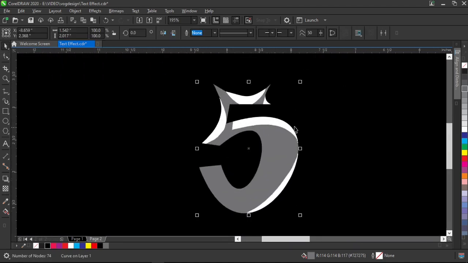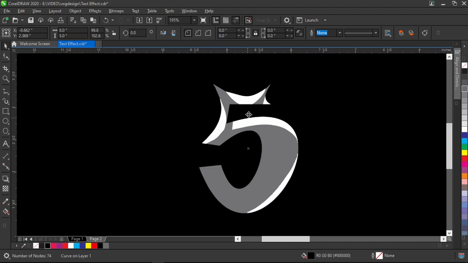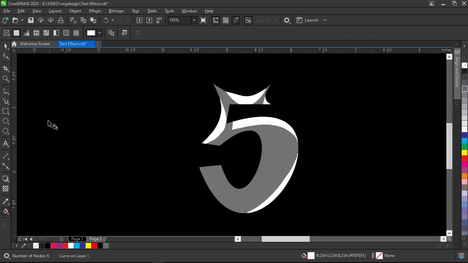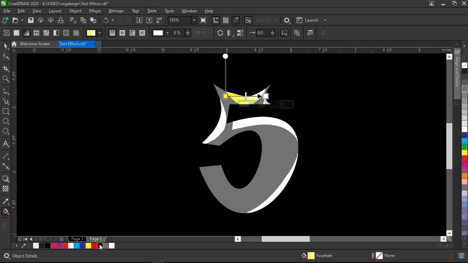So once I have done, the next thing for you to do is to click on this part. What I did, I came to this effect, the interactive fill tool, clicked it, then clicked on this fountain fill. So I applied the color yellow. This part was yellow, and this part was black. So I come to this place,